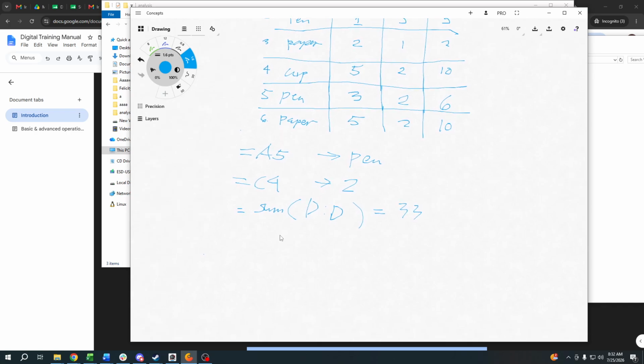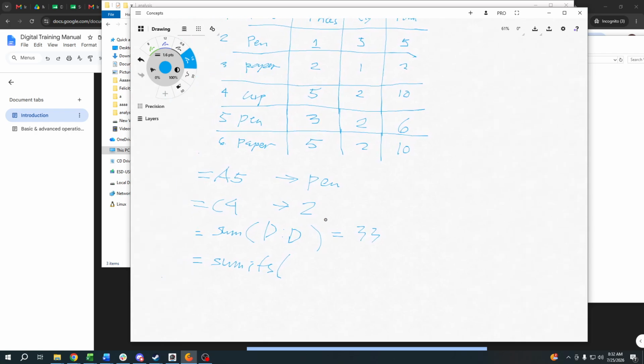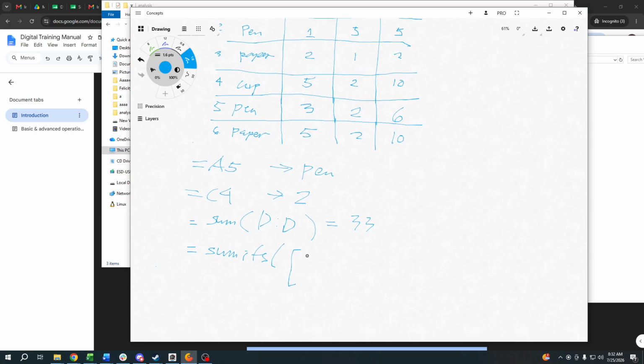Now what if you are going to use SUMIFS? In SUMIFS, you are looking for pen. The initial range is the column, or the location of the array of the values that you are looking for.